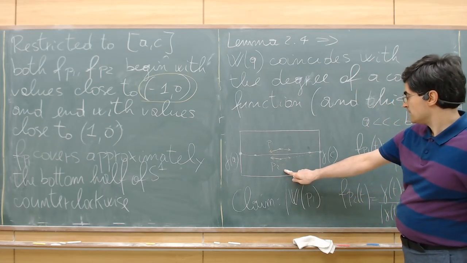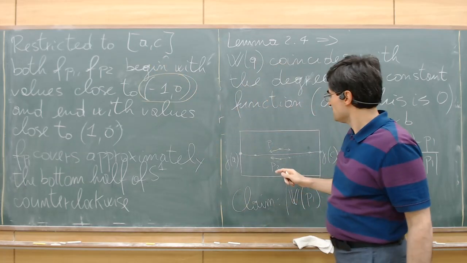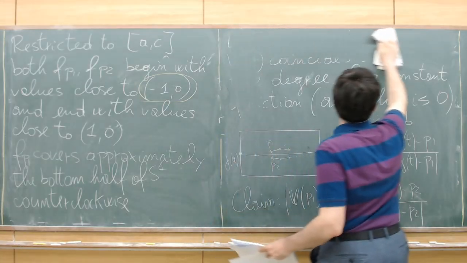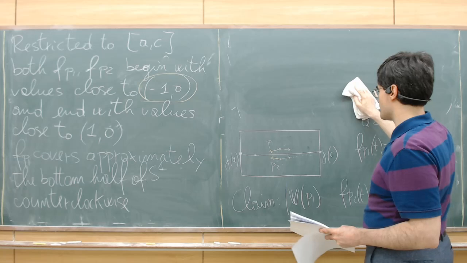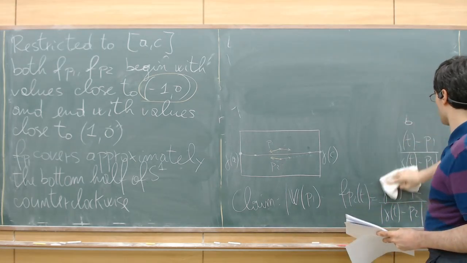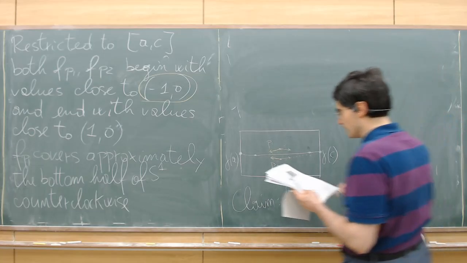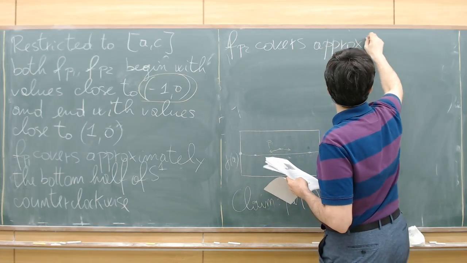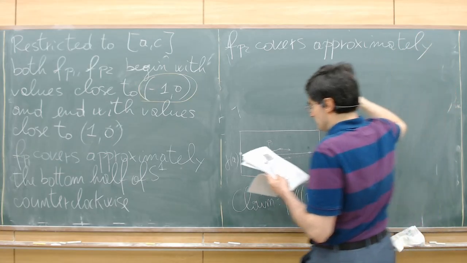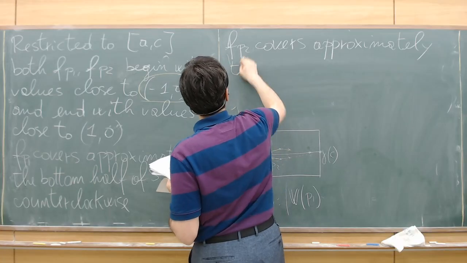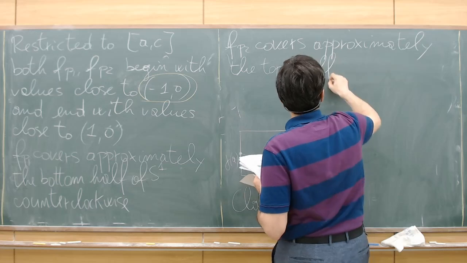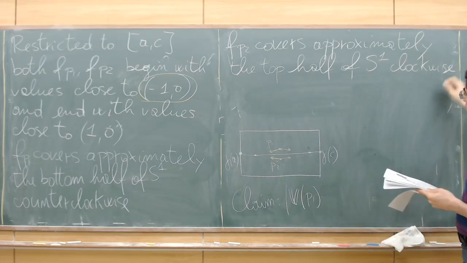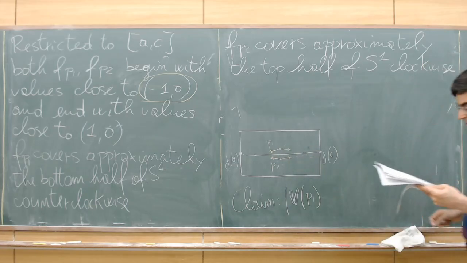Instead, if you let t vary in AC, you get that fp2 covers the top half of S1, so I write that fp2 covers approximately the top half of S1 clockwise, because the vector rotates this way. So this means,